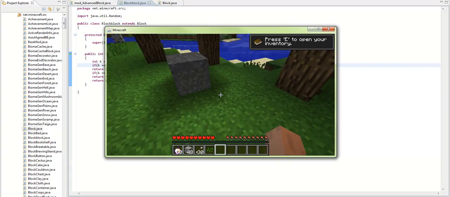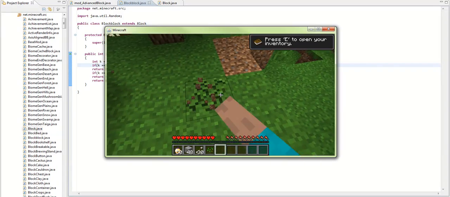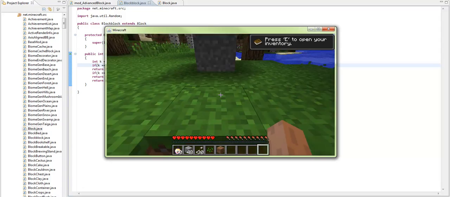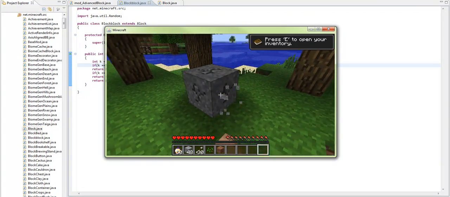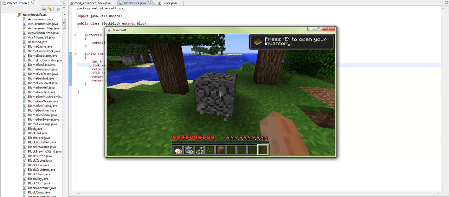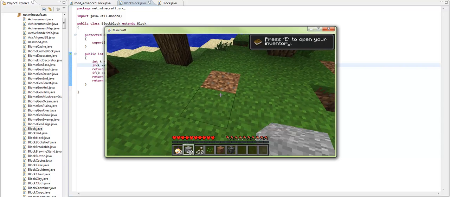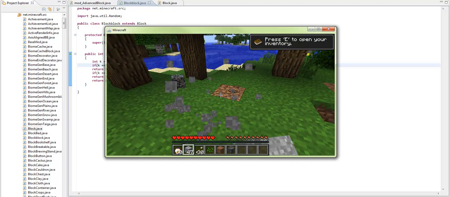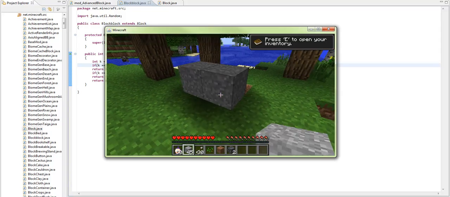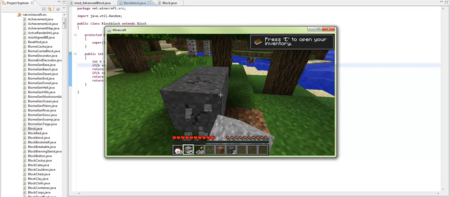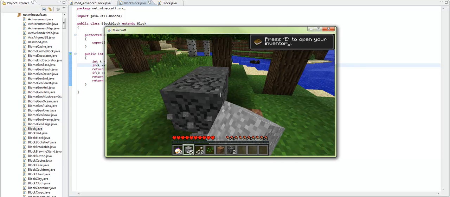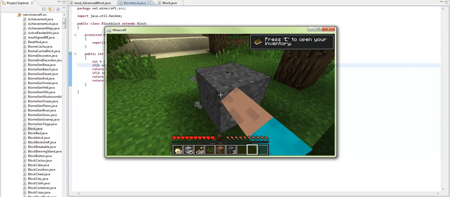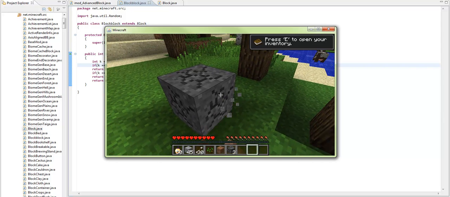But as you can see, here is our new block, and it has a shadow around it, whereas if we put a normal block down, it would not, because it has a light value. So if it was nighttime, then you could see that it has a light value. And also, it is quite hard to break, but it will drop either bedrock or a golden apple when we hit it. And as you can probably hear, it sounds like wool when we're breaking it, which is simply because we set it to sound cloth footstep. And it sounds like that when we walk on it. For some strange reason it doesn't want to drop a golden apple,